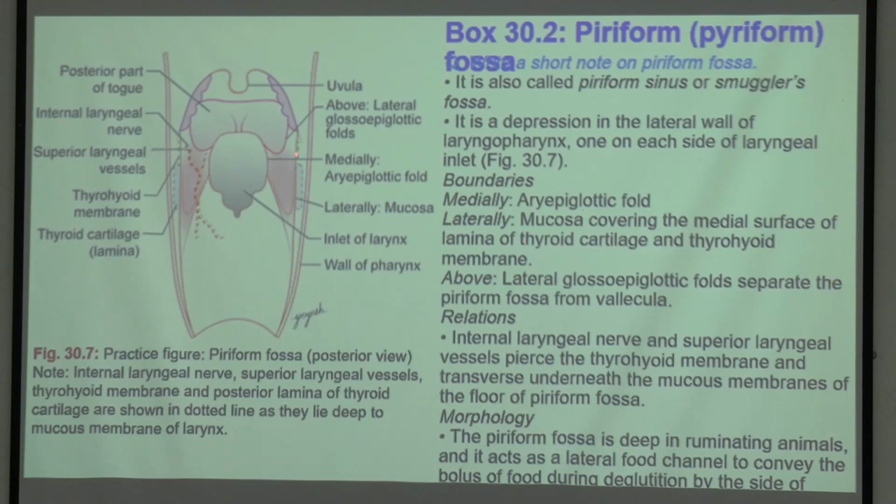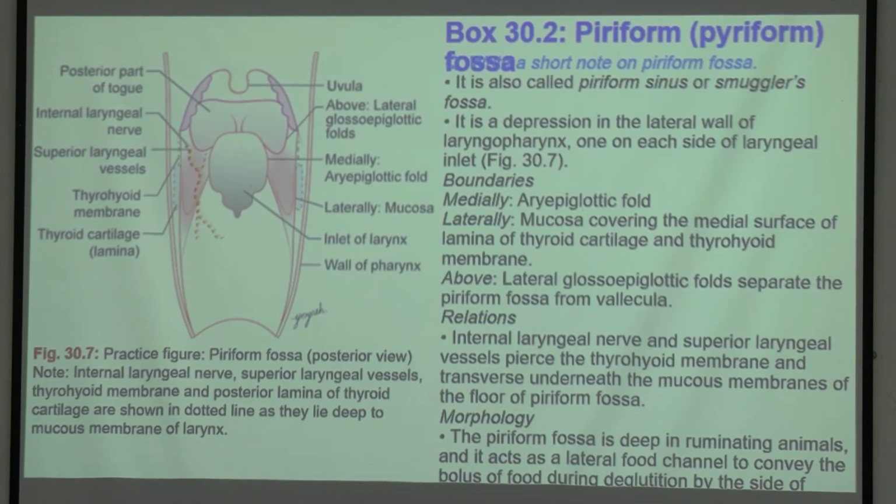The lateral limit is the thyrohyoid membrane, medially the aryepiglottic fold, and above we are getting the glossoepiglottic fold. And this is the area which is called the pyriform fossa, because here